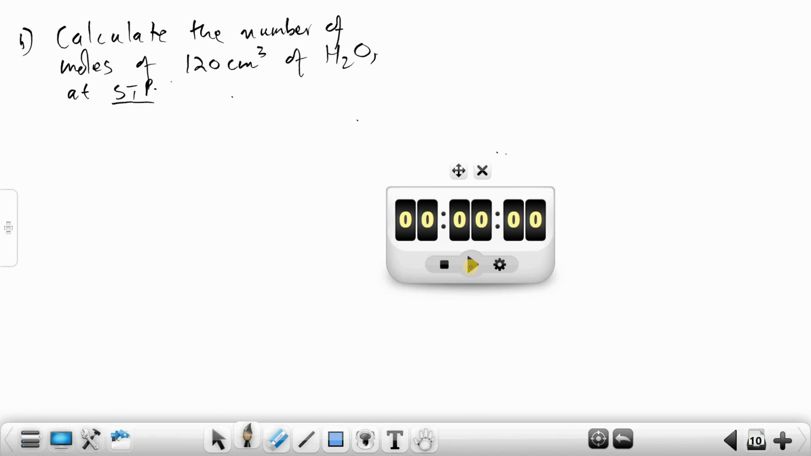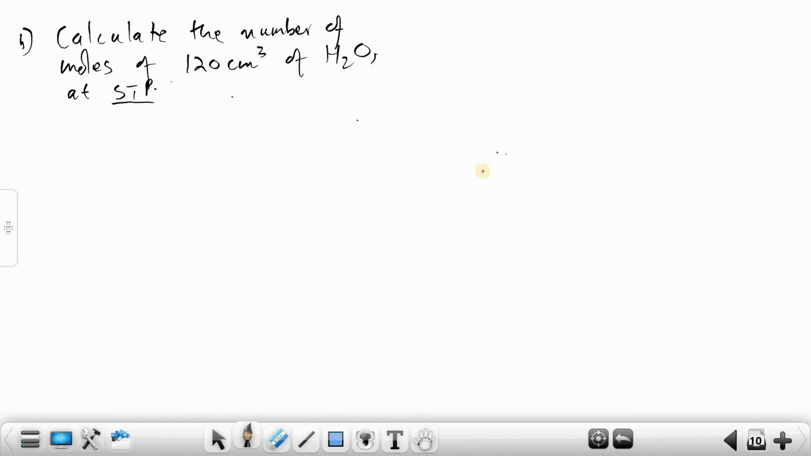Okay, let me confirm. Let's do it together quickly. I have Vm, which is just 22.4, because of the word STP, I can confirm that. Then I want to calculate the number of moles. I am given the volume 120 centimeter cubed, and I want it in decimeter cubed, so I must divide by 1,000. 120 divided by 1,000 gives me something like 0.12